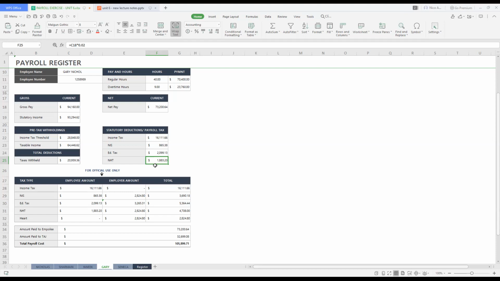Remember, we already worked out what the income tax threshold was for the week, and that's $28,848. So all we need to do now is subtract the $28,848 income tax threshold from the statutory income of $93,294.62 to derive a taxable income of